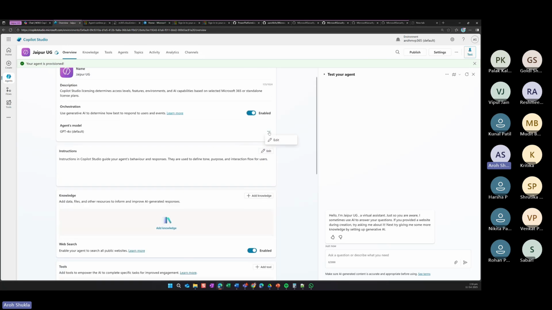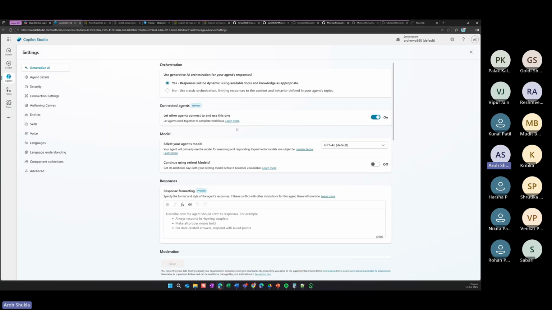You can see I can pick and choose other models, but they are only OpenAI. In the next 2-3 months, you will get more models. I mentioned Anthropic, and maybe Meta will be coming soon. Right now Microsoft has not released them. They are in preview. Only the GA models are available, which means you can choose only OpenAI models. They have good security. Cost is okay, but they are good, right?